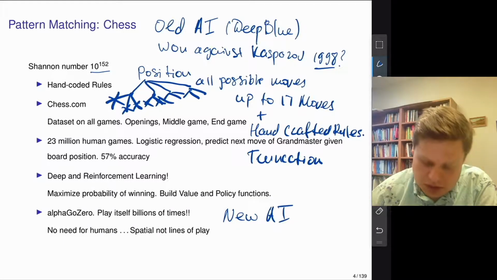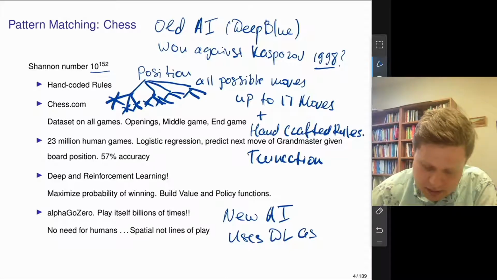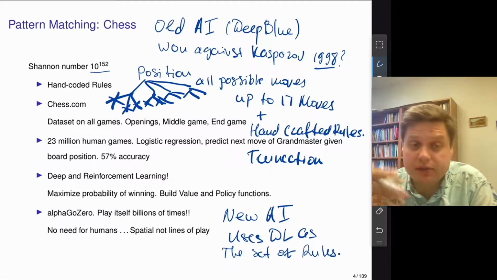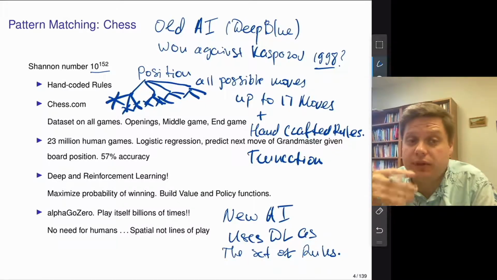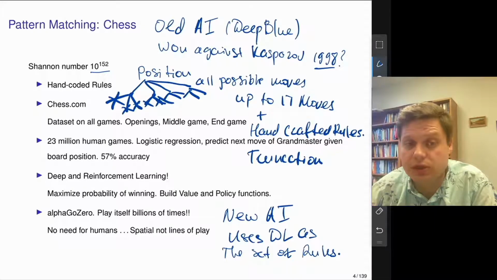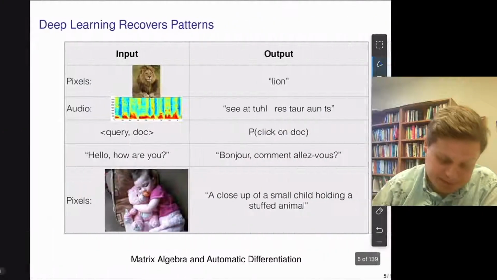It essentially uses deep learning as the set of rules. And those sets of rules will be learned from the games themselves. Modern chess engines don't have to ask chess experts, don't have to take those human-written rules as an input. They all learn from the games, and they essentially use neural networks to learn those rules. We'll talk about this a little bit later.